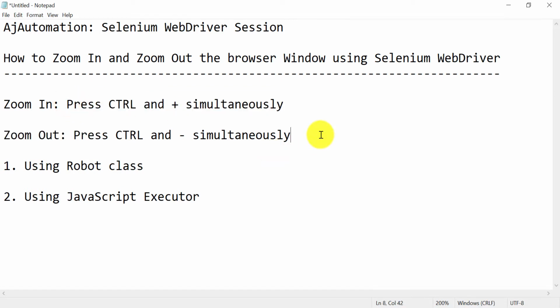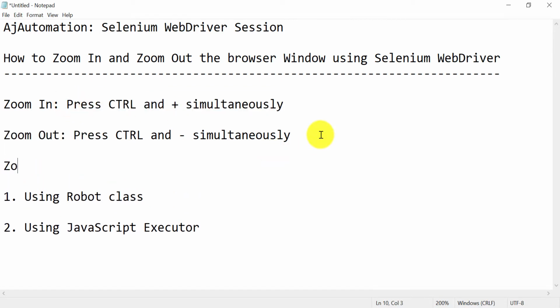So default means 100%, right? So what we have to do is press control and 0. That's it.